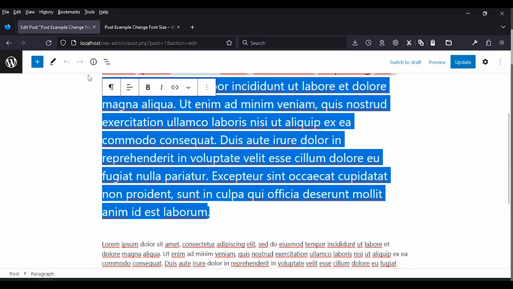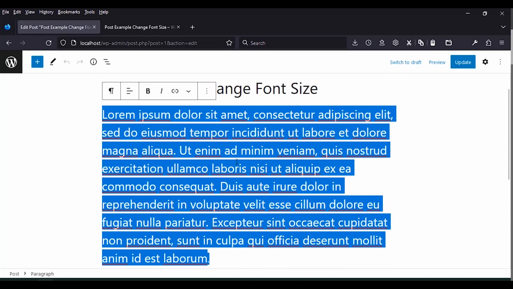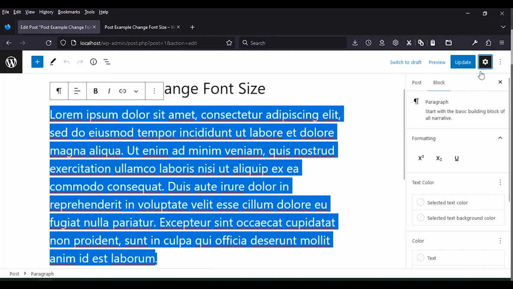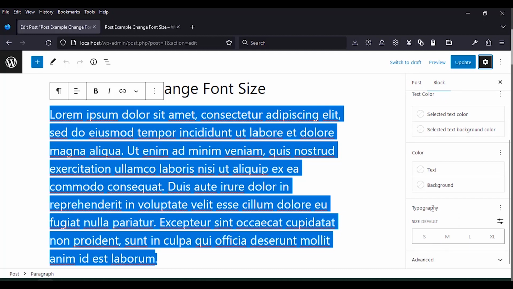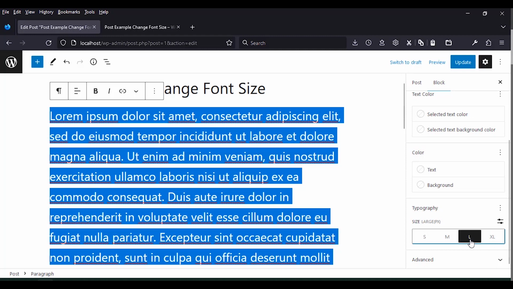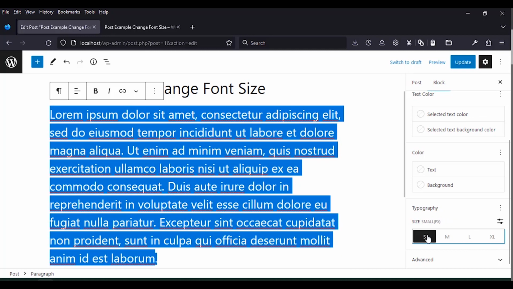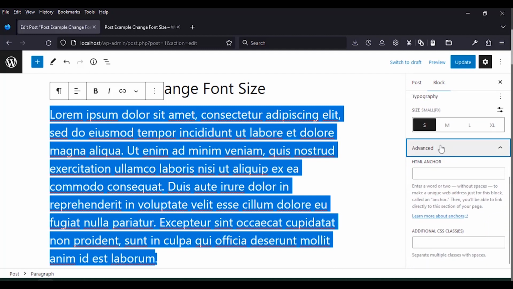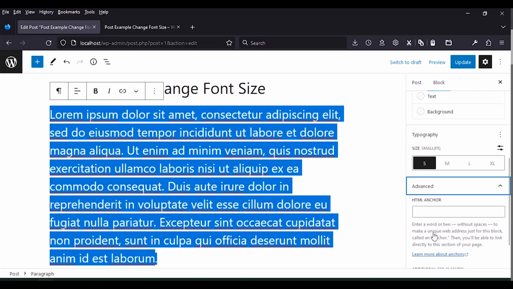So we can select the text and look for options across here, we have options for formatting the text. We have several options, like down here, we have options to make the text large under typography. Like in this case, we can make it medium, large, XL, small. We can access the additional default options where we can add classes to change the font size using advanced CSS